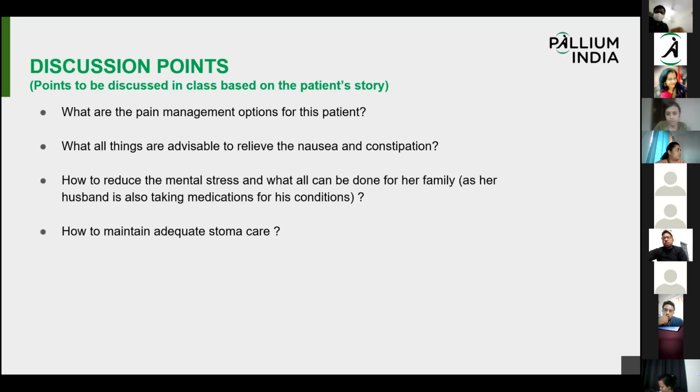should be assessed in that way, so that you know where it is coming from and what the probable causes can be. According to the causes, we understand that the management plan also changes. It's not just a single drug for all nausea and vomiting. So depending on the causes, we need to think of the reasons, correct the correctable, and then decide upon medications. And as someone was mentioning, Dr.